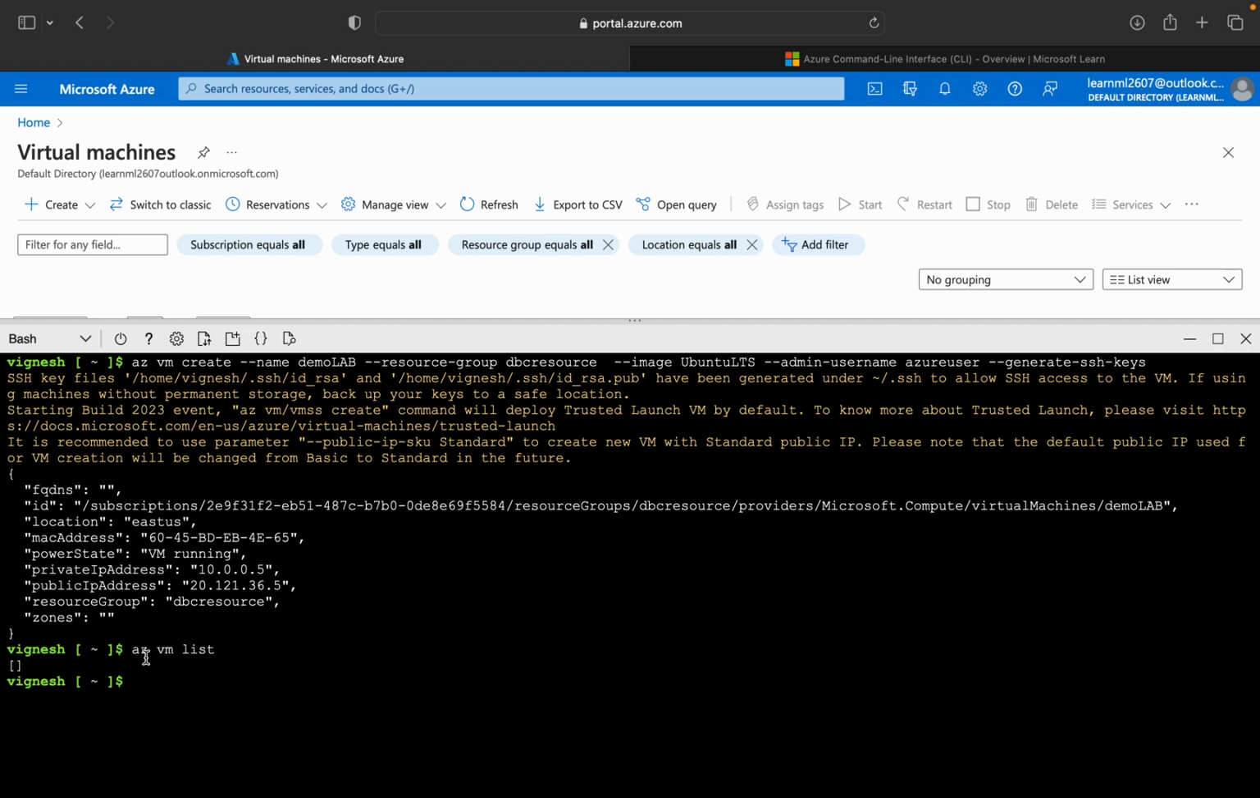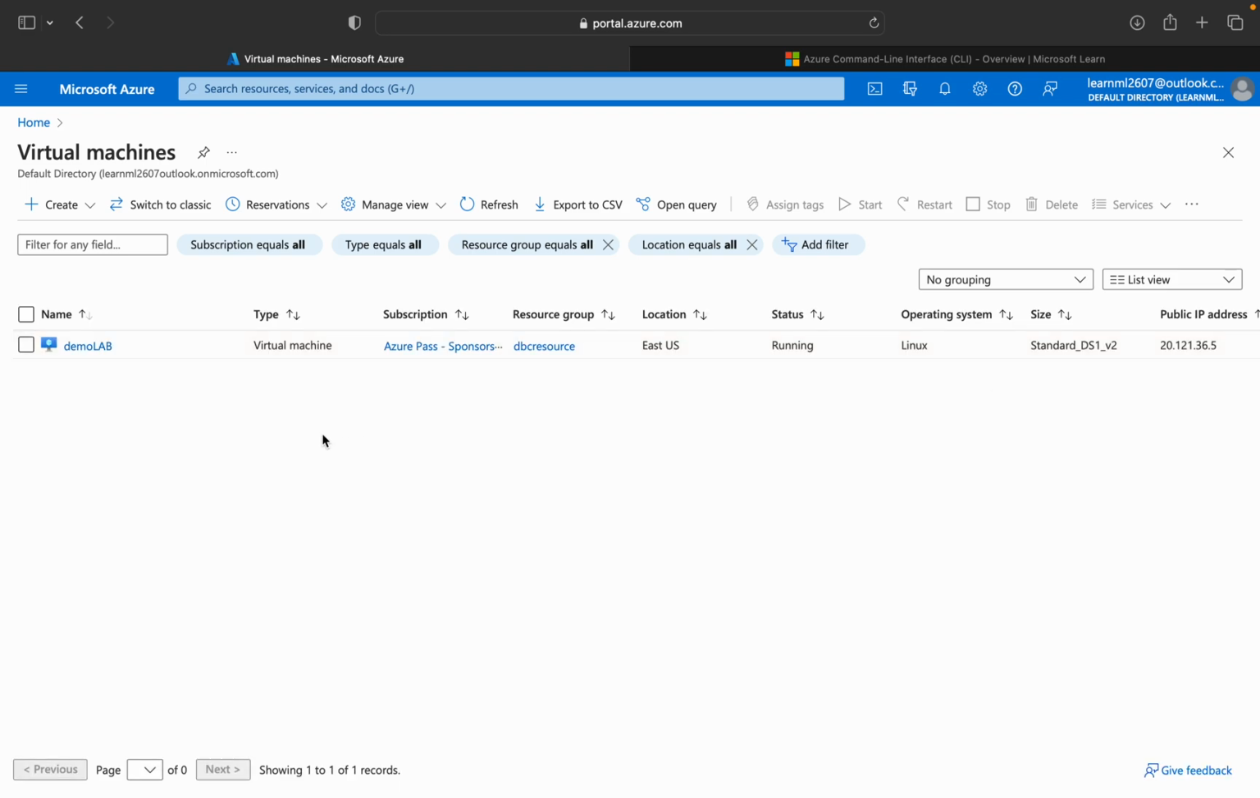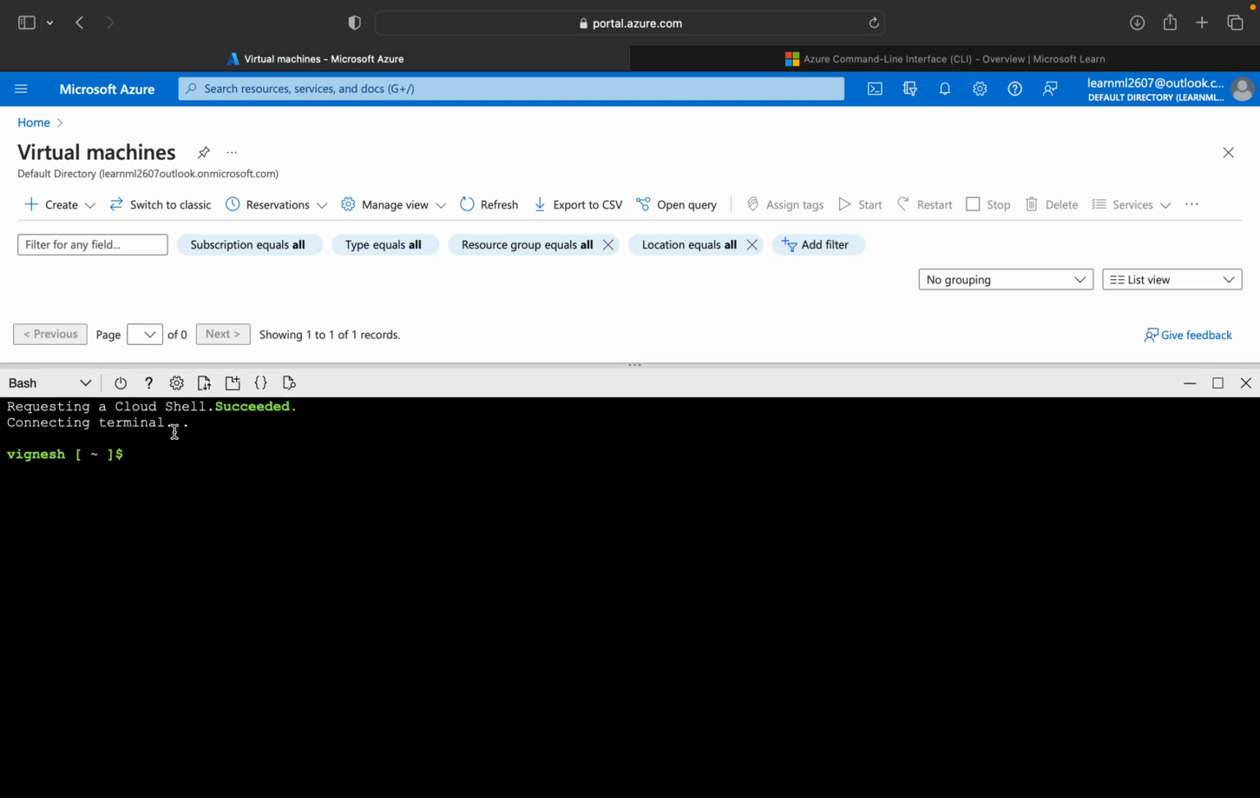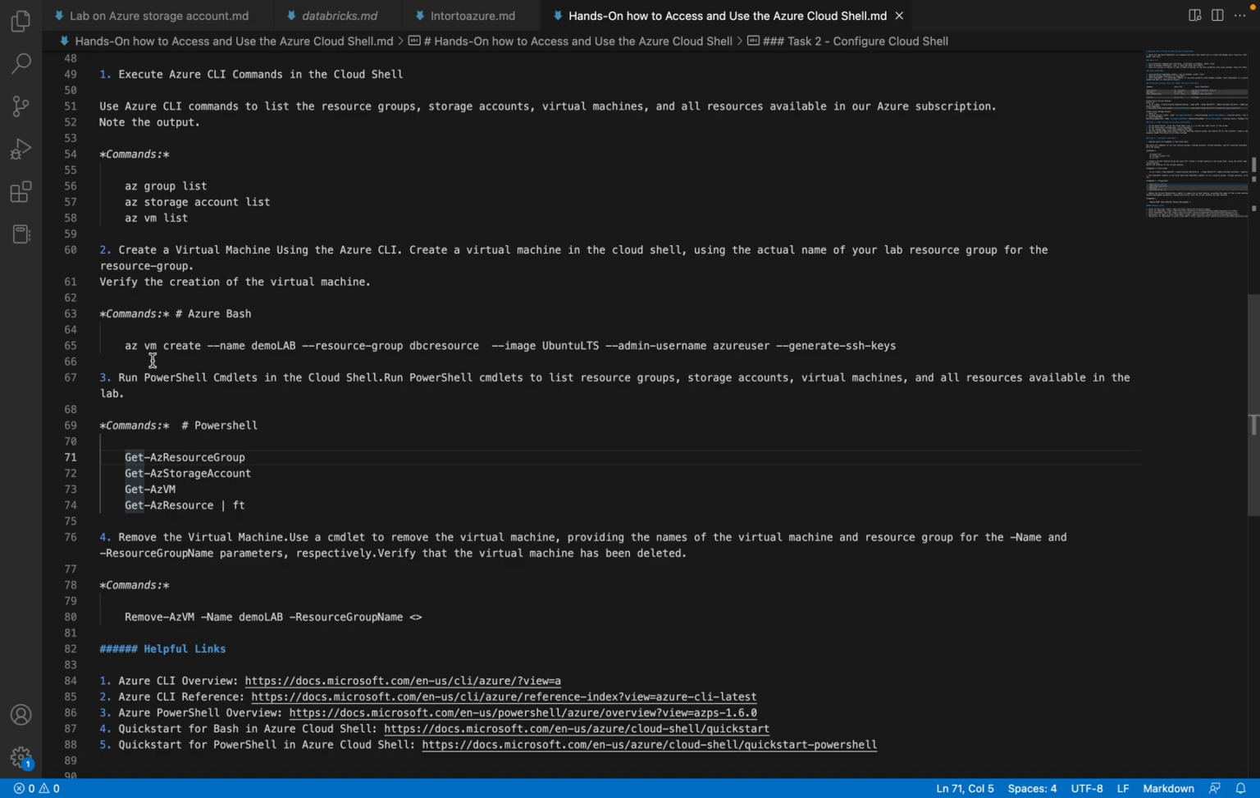Still we are getting an error. Why are we still getting it? I'm not sure. I'll try this again, az vm list, Azure virtual machine list. This is correct, but